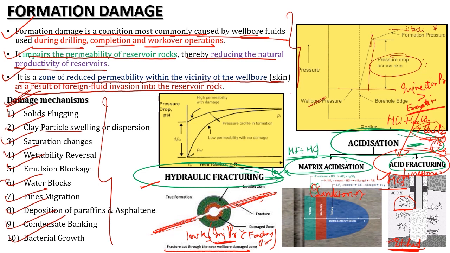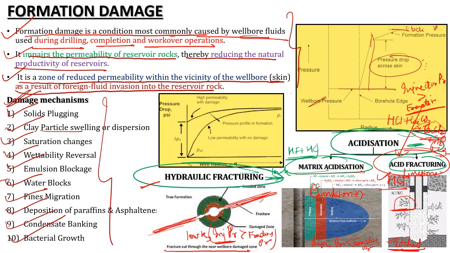Similarly, in matrix acidization, what I was doing is dissolving the near wellbore altered permeability by using this mud acid. When I'm going for matrix acidization, my injection pressure I will keep less than the fracture pressure, because I don't want my formation to get fractured. Whereas acid fracturing is applicable for a limestone reservoir, HCl is generally used as a fluid, and I will create etched surfaces. That means I am going for an injection pressure greater than the fracture pressure case.